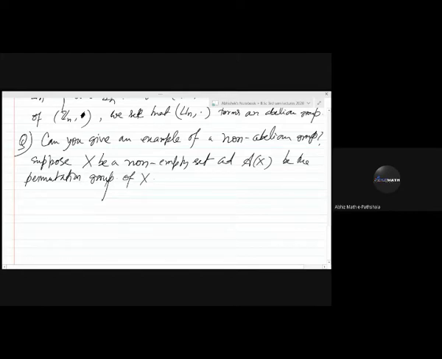Then what we can state? We can prove that this permutation group is an abelian group if and only if